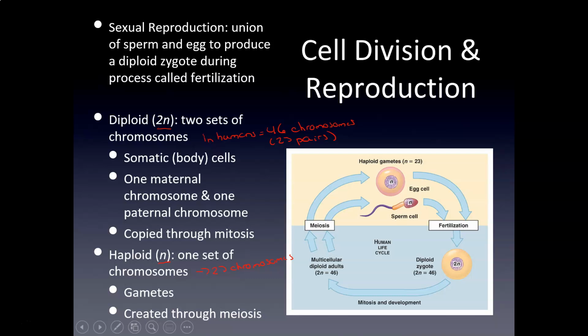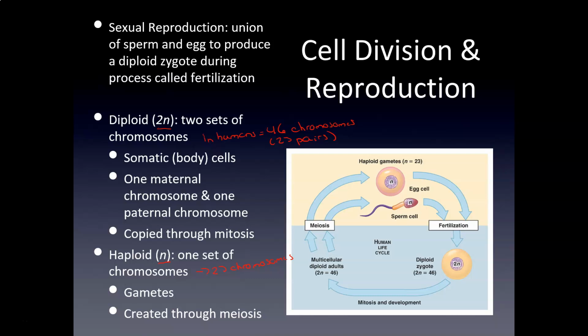symbols, right? Because if I go to another species, that diploid and haploid number will be different. If I take a look at a corn plant, their diploid and haploid numbers are different. If I take a look at your family dog, their chromosome numbers will be different. So different numbers of chromosomes in different species. The numbers that are here, the 46 and the 23, are our numbers. Those are the numbers that I will expect you to know, because we're talking about us as humans. But understand that if I went to a different species, those numbers would be different.